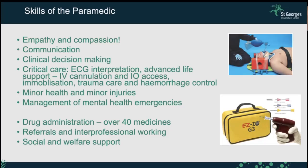We have critical care skills, so we can read electrocardiograph traces of the heart and interpret them to make a decision of what to do for the patient. We are trained in advanced life support, so resuscitation, cannulation, so that is the putting the needles in people's arms to give medicines, and intraosseous, which is what you see in that bottom right hand corner that looks like a little gun. That is how we drill into the bone to give medicines and fluids,